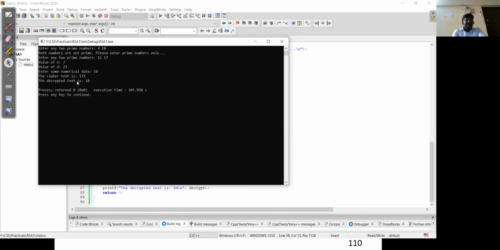After that, we applied the decryption part and calculated the decrypted value, which is equal to 10. Is it clear? Is there any difficulty in understanding how the program executes, or any line of the code which I demonstrated? Feel free to raise your queries.